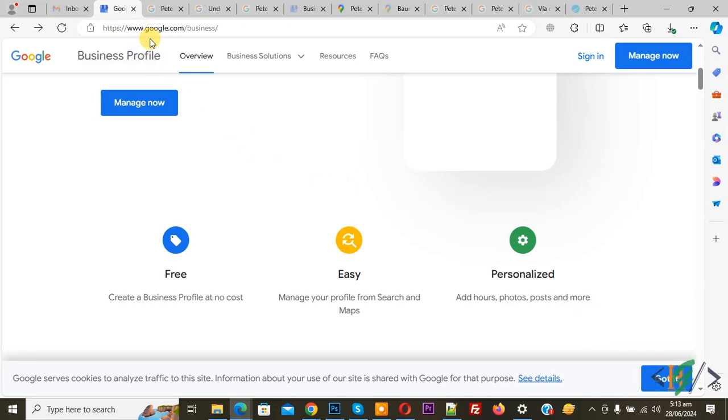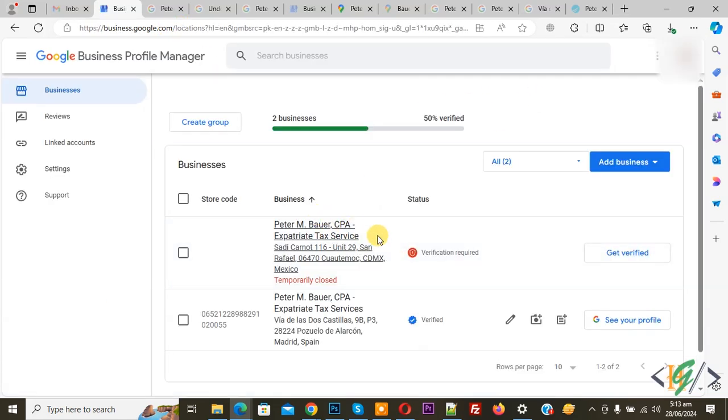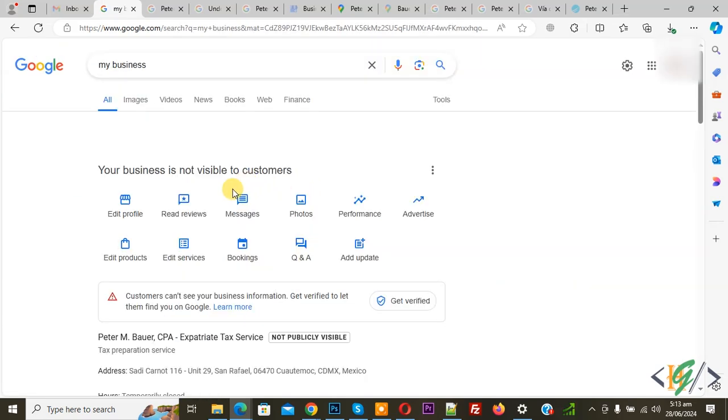So we are in google.com/business and then you see the sign in button, so click on it. Then you see business status, verification required, and then you see verified, and then you see a pencil icon, edit business information. If you want, you can click on this. If you want, you can click directly and then you see multiple information, so click on edit profile and then